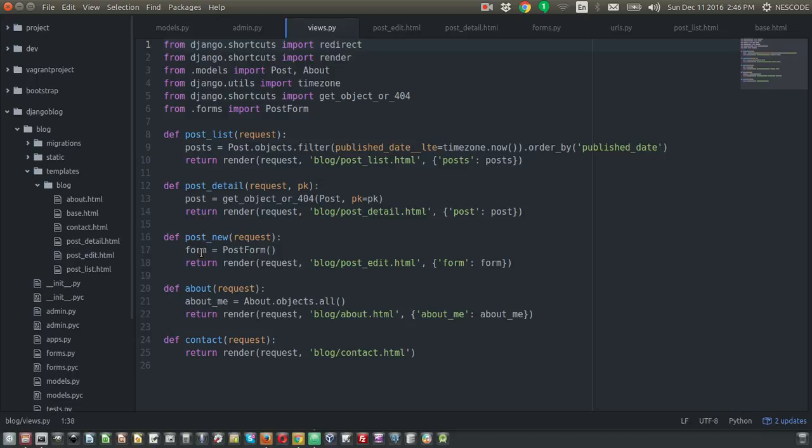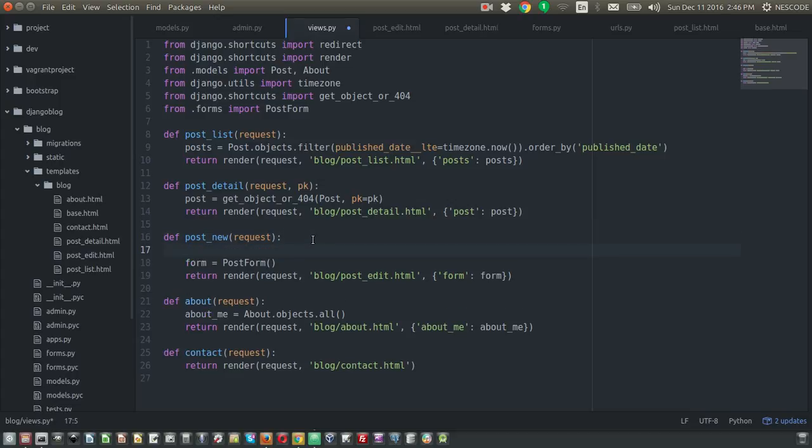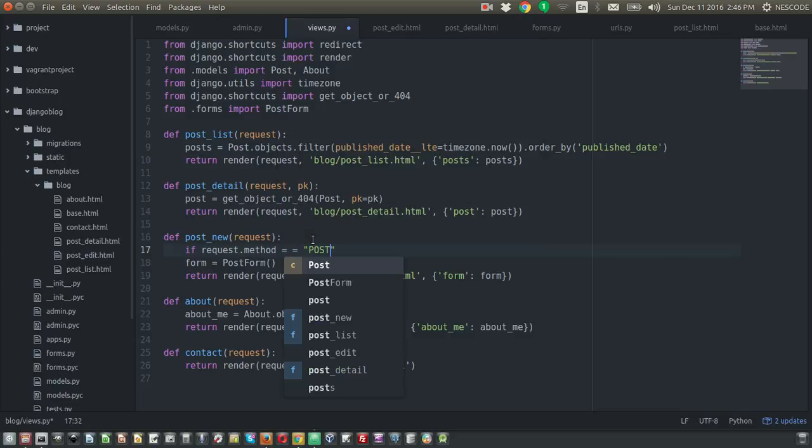Currently in our post_new function, we are simply rendering the form on post_edit.html. Now what we are going to achieve is that only if the post form is valid, then it should redirect or save it. To do that, let's first add an if statement: if request.method == "POST",